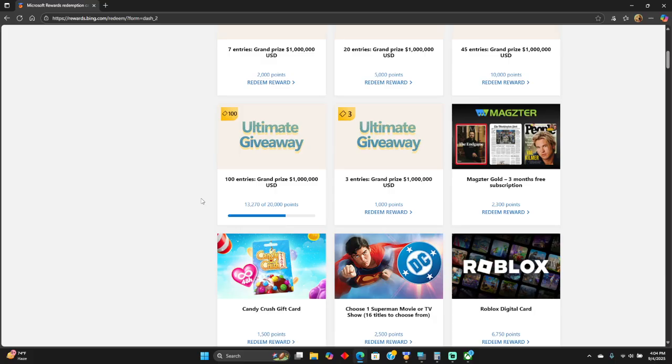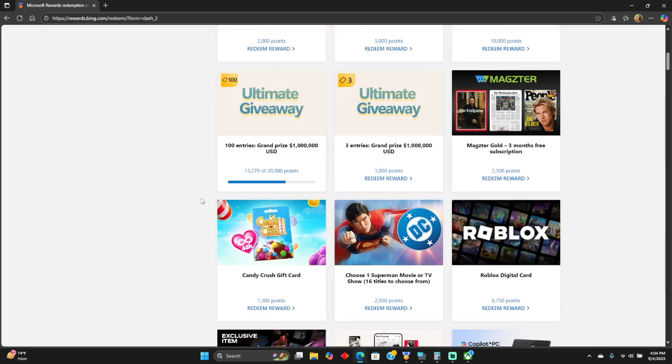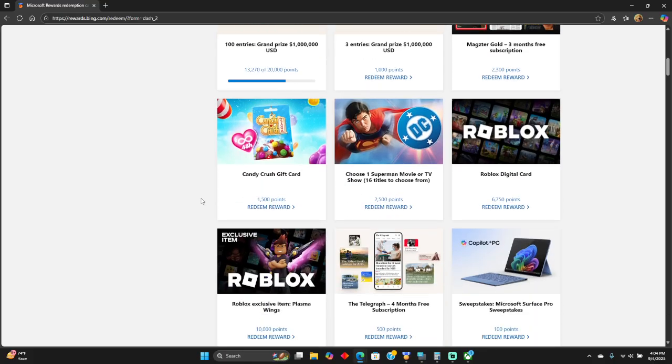That's more of a Bing rewards app on the phone, which I guess you can do on the desktop. I've not tried it yet. But so yeah, you can get one Superman movie or TV show. There's 16 to choose from. So essentially, if you had enough points, you could get all 16 of the Superman movies, Candy Crush gift card, Roblox,